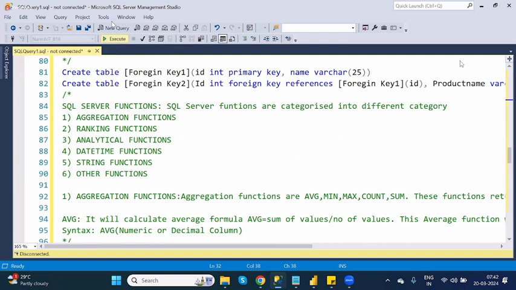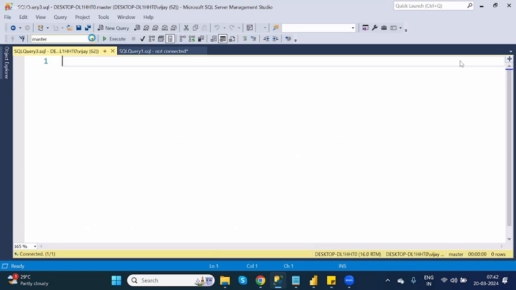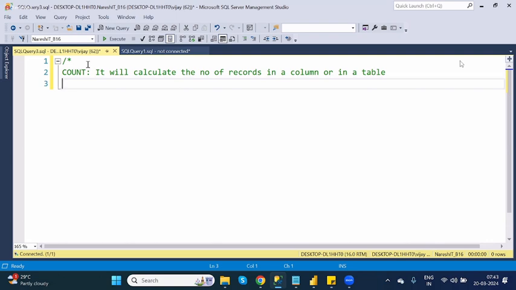The last aggregation function, what is that one? Count. Okay. Count means it will calculate the number of records in a column or in a table. Okay. So the syntax is count of column name